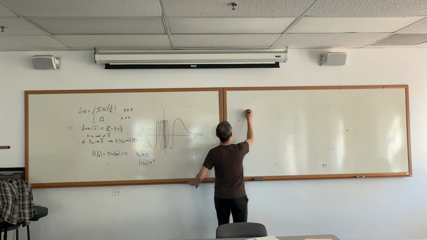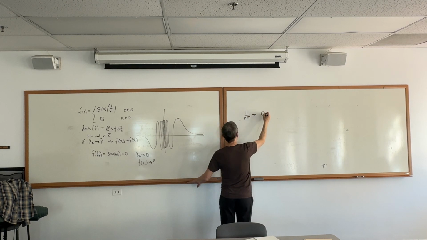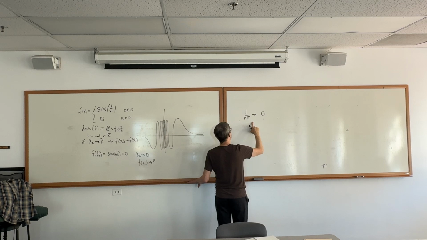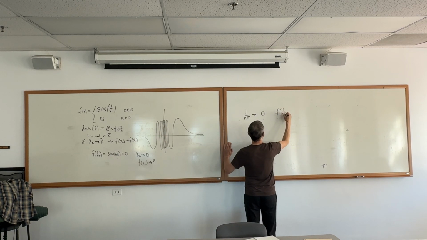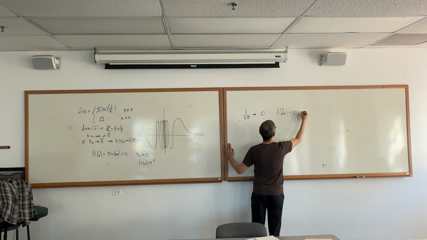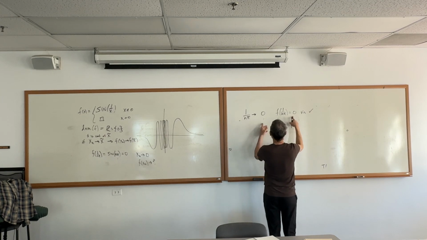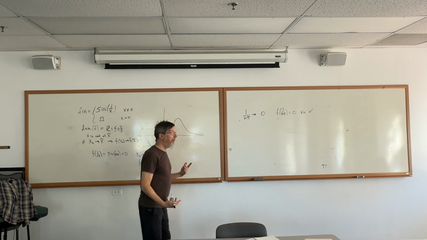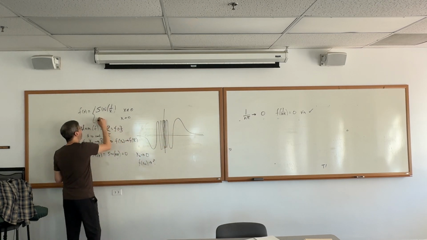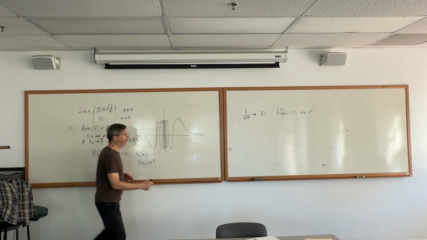Okay, so let's check out what we got here. We've got a sequence, 1 over n pi. That definitely converges to 0 as n goes to infinity. And we have f of 1 over n pi equals 0 for all n. So that's cool. So this thing definitely is also converging to 0. It's always 0. So maybe I should just put a 0 here and be good. Now that function's continuous. Or are there other possible limits that I could get out?